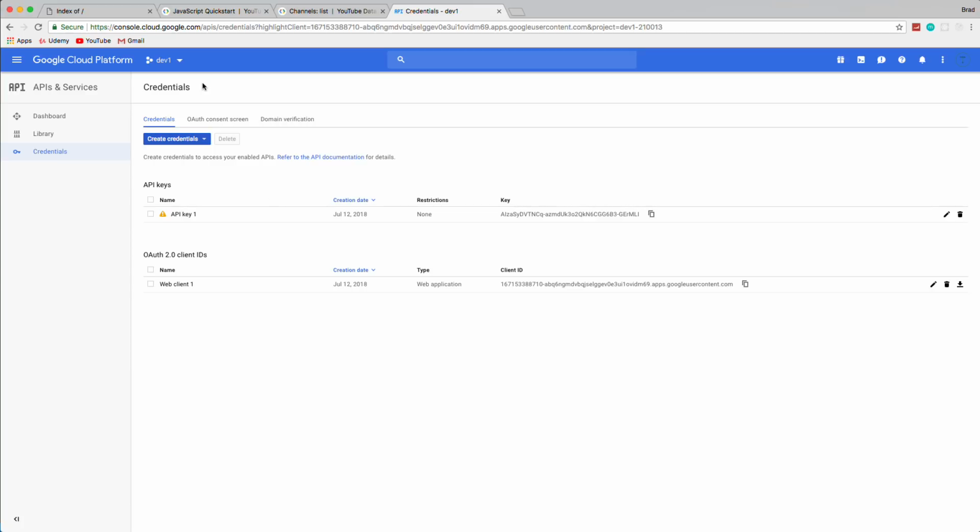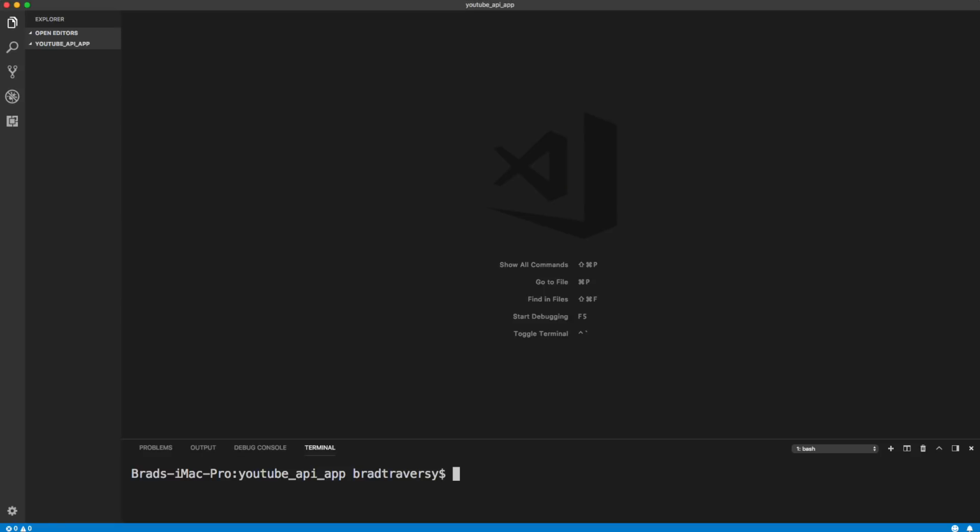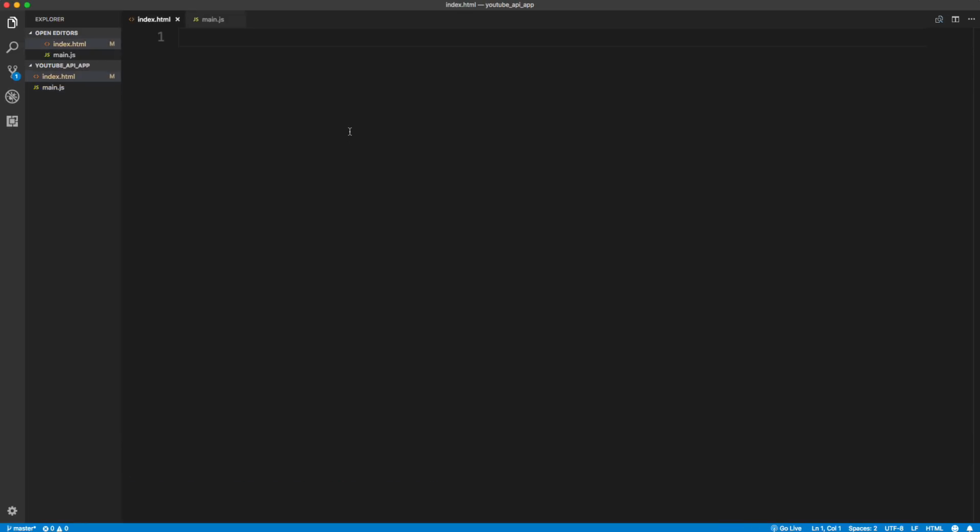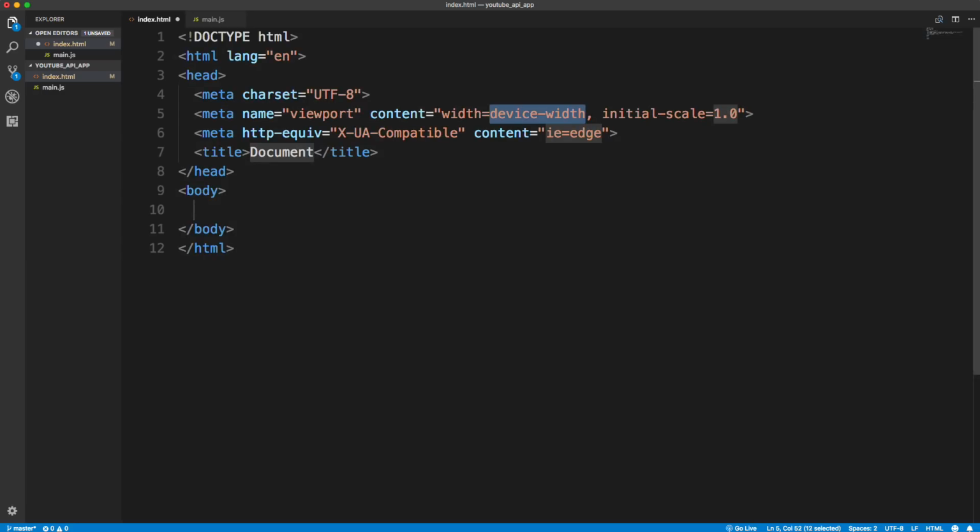That's the boring stuff. So now what I'm going to do is go to VS Code, and I have an empty folder called YouTube API app. Okay, that's what I called it. And I'm going to create two files here. One is index.html, and then another is main.js. All right, so let's go to the index.html and let's just add this stuff real quick. I don't want to copy and paste it because I like to do it start to finish, in case anyone's following along. So let's change the title to YouTube